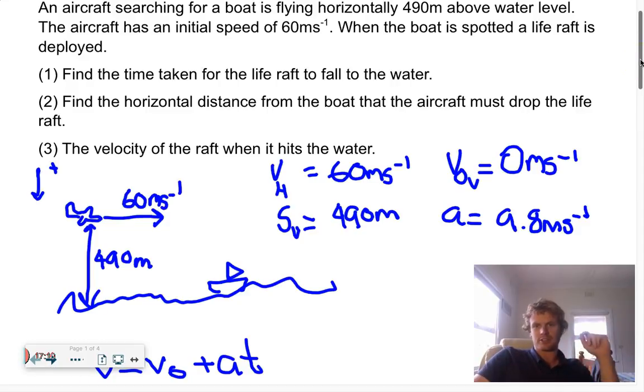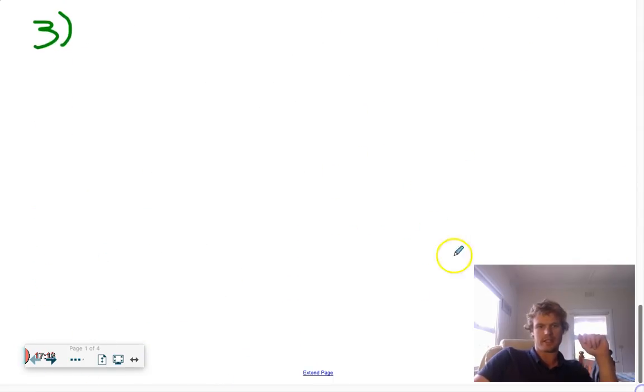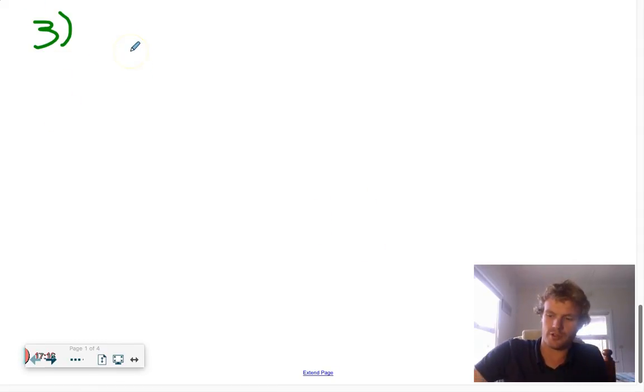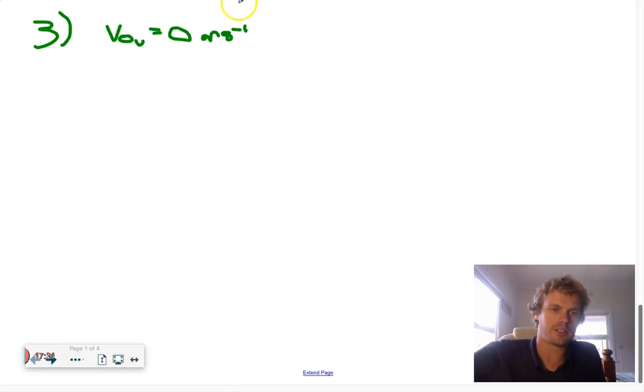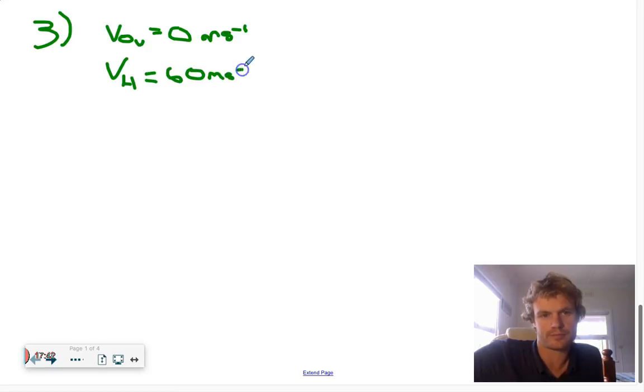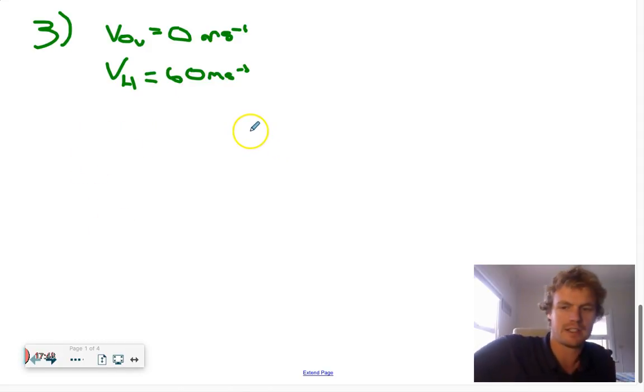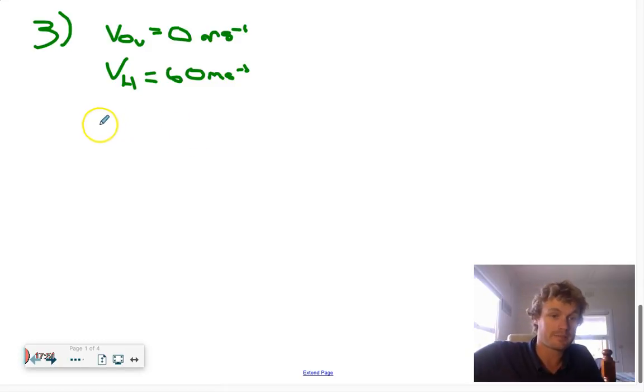So to find out the velocity when the raft hits the water, I need to take into account both my horizontal and vertical components of my velocity. So knowing that V0 in the vertical direction is going to be equal to 0, because we already know that. And also knowing that my VH is going to be 60. And knowing the time taken was 10 seconds, and the acceleration due to gravity is 9.8 meters per second squared,